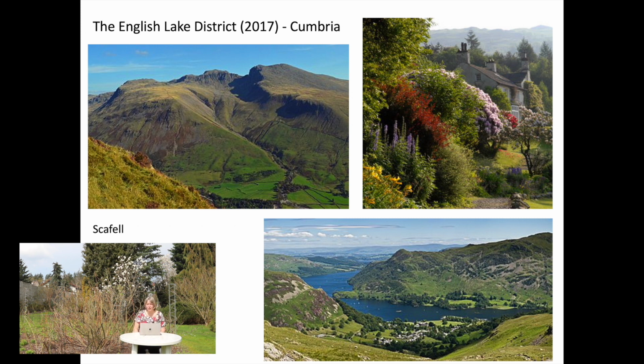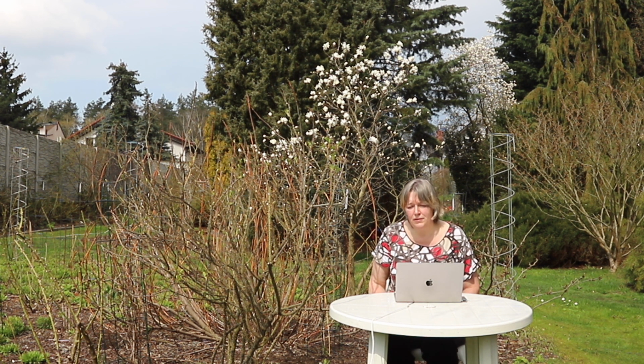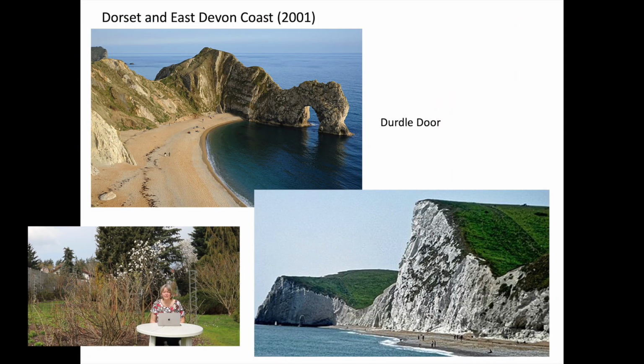Next one is also combined. It's basically the natural aspects of the landscape and the geology of the place in the county of Dorset and East Devon. So Dorset and East Devon coast, with parts called the Jurassic Coast. It's not coincidental. They have a lot of fossils, and basically the history of English geology is very much connected to those coasts, and